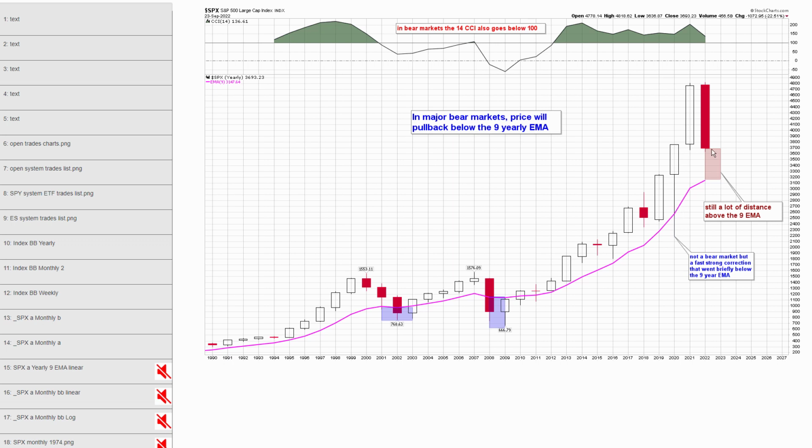But look how far we still are from the mean. We're something like 500 points away still from the 9-year EMA. And I think under a real true bear market, which we're in, you would ultimately go below this quite a bit. So that does support some of our longer term targets down in the 2000s. But again, very simple to understand, guys. Price got too extended, and we're likely to revert at least back to the mean, the 9-year EMA. Still a long way to go. Next.